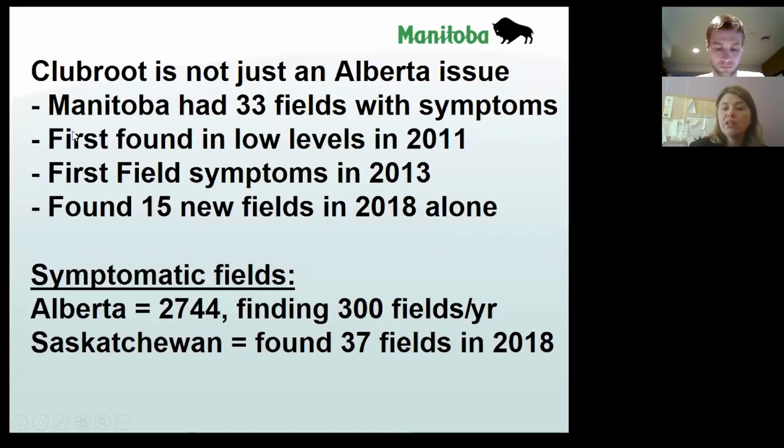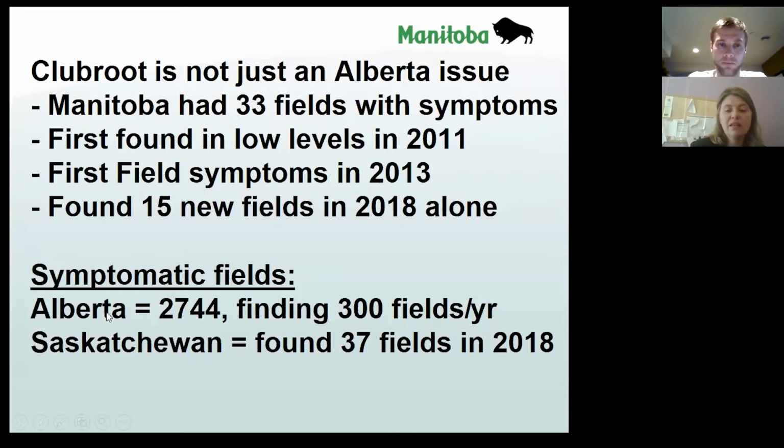So Clubroot is not just an Alberta issue. We have 33 fields with symptoms. We probably have more, we just don't know about them. Our first was found in low levels in 2011, and that was just in spores. Our first field symptoms were in 2013, and we found 15 new fields in 2018 alone. So we do have Clubroot, but to kind of put it into consideration,